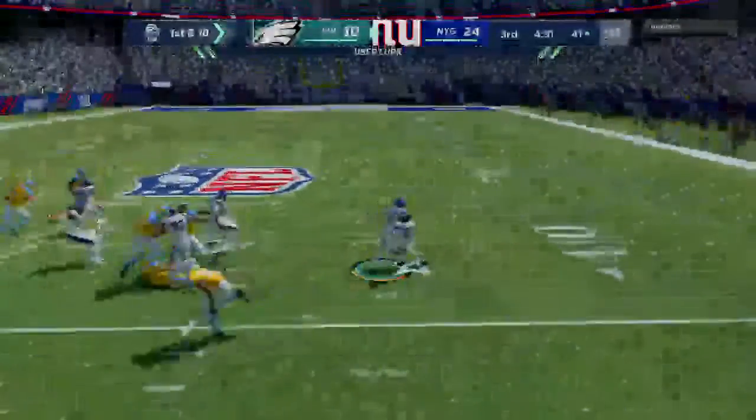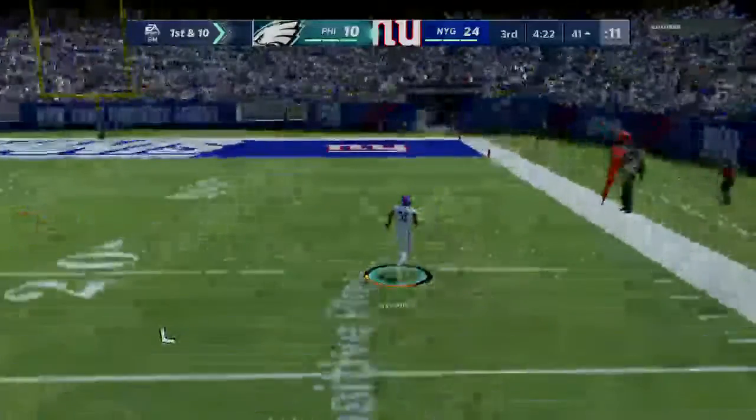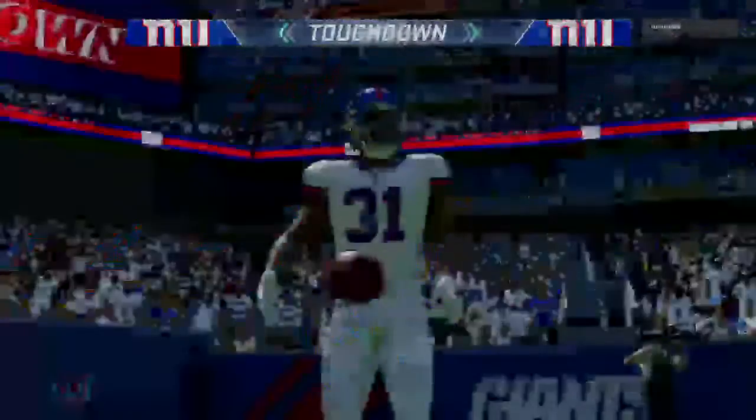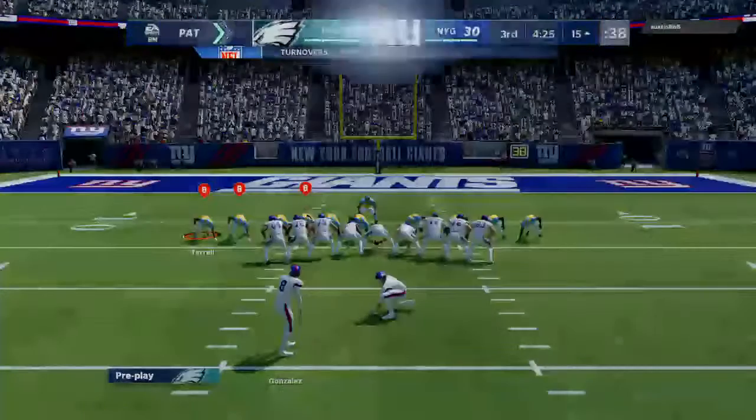Into heavy traffic, and it's intercepted. Picked off at the 36. He's at the 30. And he will bring it back. It's a pick-6 and a Giants touchdown. Zane Gonzalez lining up for the...